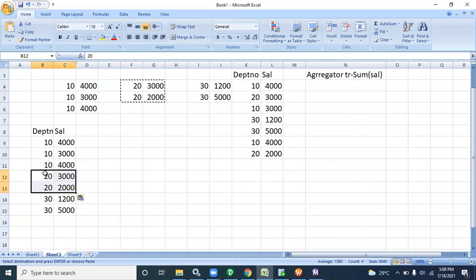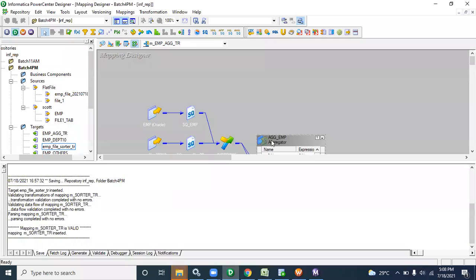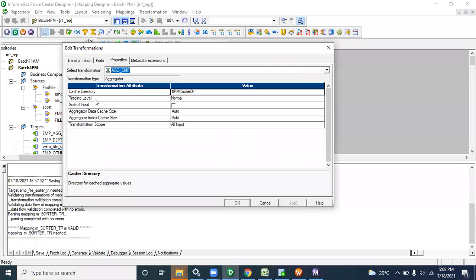Suppose I am putting department ascending, the data will come in this manner, right? Once you get data in this manner, for that reason the aggregator has the property given, the sorted input option.